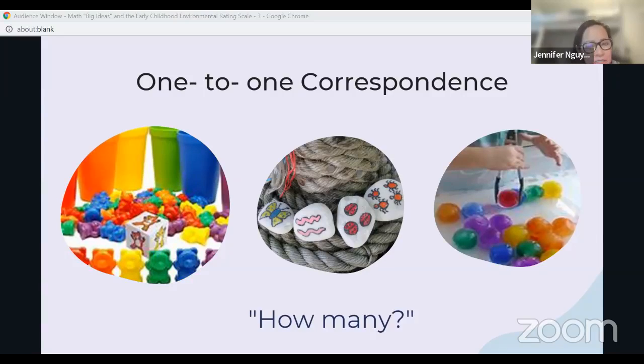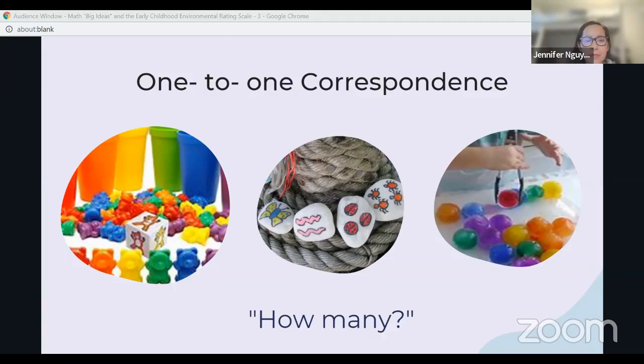And in the pictures, as you can see, there's a variety of materials you can use to promote and practice one-to-one correspondence. There are the counting bears. Many classrooms have those beautiful, colorful counting bears. In the middle, it looks like a teacher painted rocks and made simple illustrations. That can be very attractive to children. And then on the right, those balls are actually frozen and colored. So clearly that's a great opportunity to have a really fun, hands-on, science-inspired one-to-one correspondence activity.